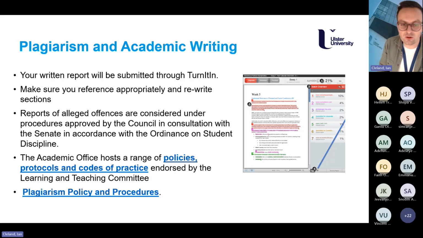So we do use this software to identify parts of writing that have high similarity to other sources.